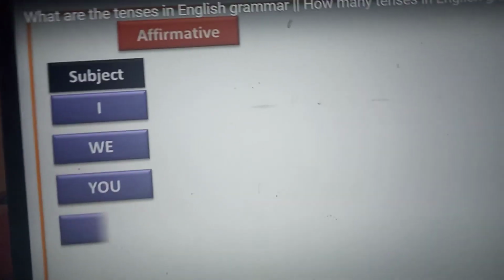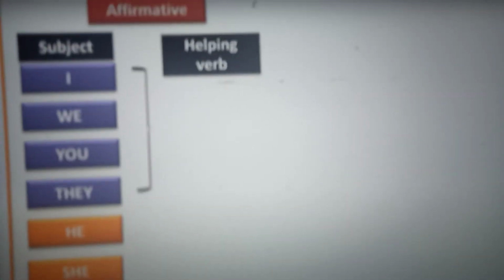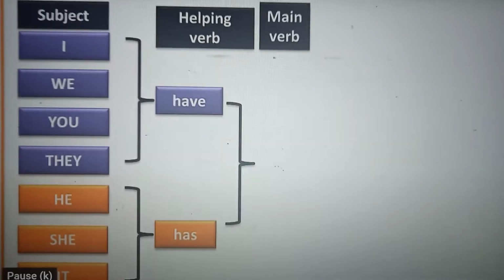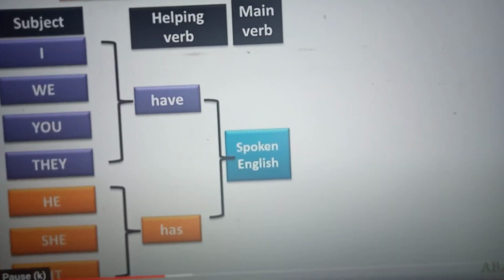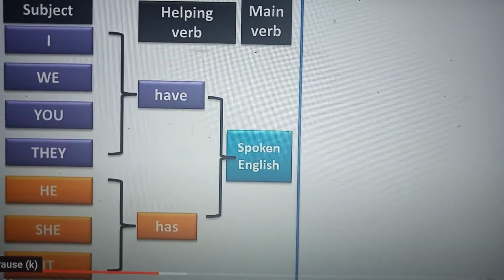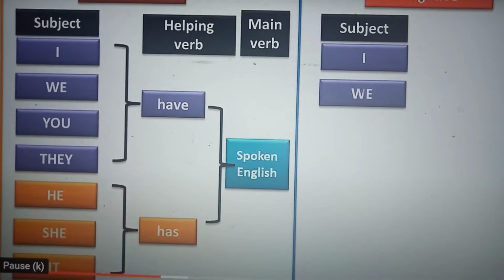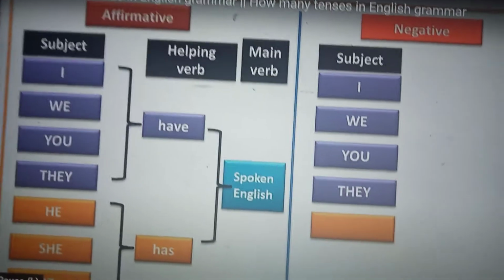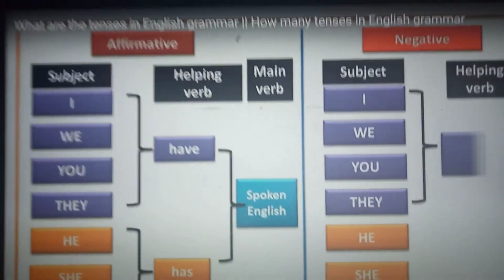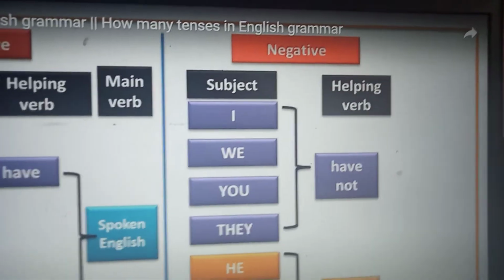I has will not come. I have. We have. You have. They have. He has, singular. She has. It has. Even though I is singular, the rule does not apply. I is separate. With I, only have comes. I have spoken English. We have spoken English. He has spoken English. She has spoken English. Like that. So when has, have come, it is present perfect tense. When had comes, it is past perfect. That we will learn next. So this is clear for you. Present perfect.